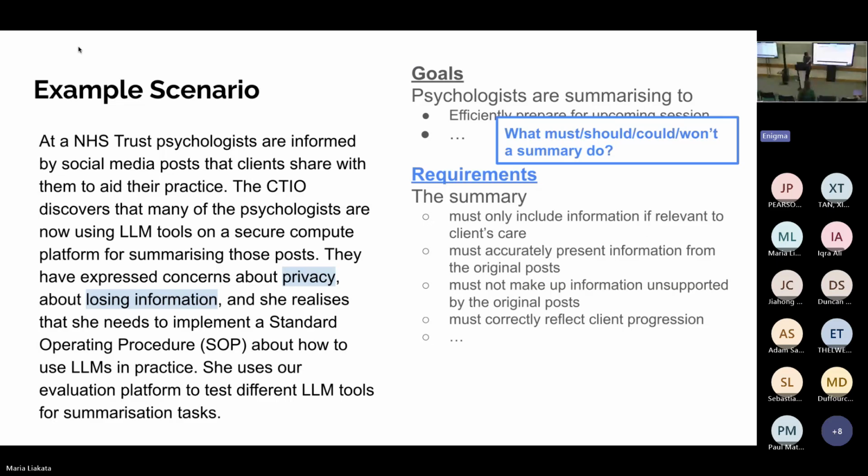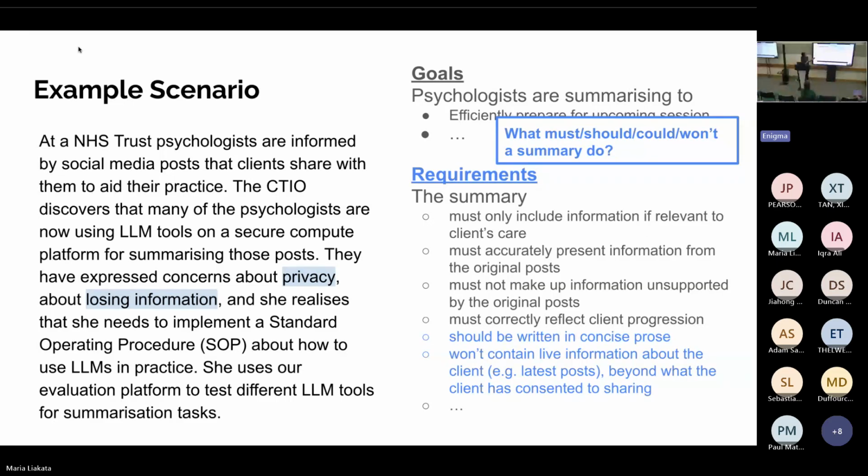It must accurately represent information from the original post. And relatedly, it must not make up new information that's not supported by the original post. And it must correctly reflect client progression when we're summarizing through the timeline, and so on. So you could start imagining the things that we would want out of a system performing this task for us.